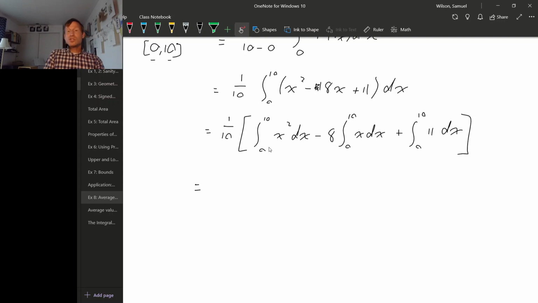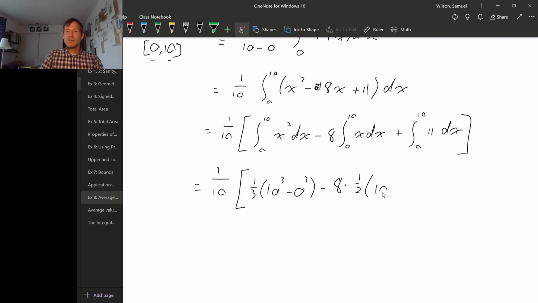All right. Fortunately, each of these integrals is something that we have a nice way of calculating. So this first integral, the integral of x squared, we had a formula for that in the previous video. It's 1/3 times the top bound cubed minus the bottom bound cubed. Minus 8 times, now the integral of x, we had a nice formula for that. It was 1/2 times the top bound squared minus the bottom bound squared,